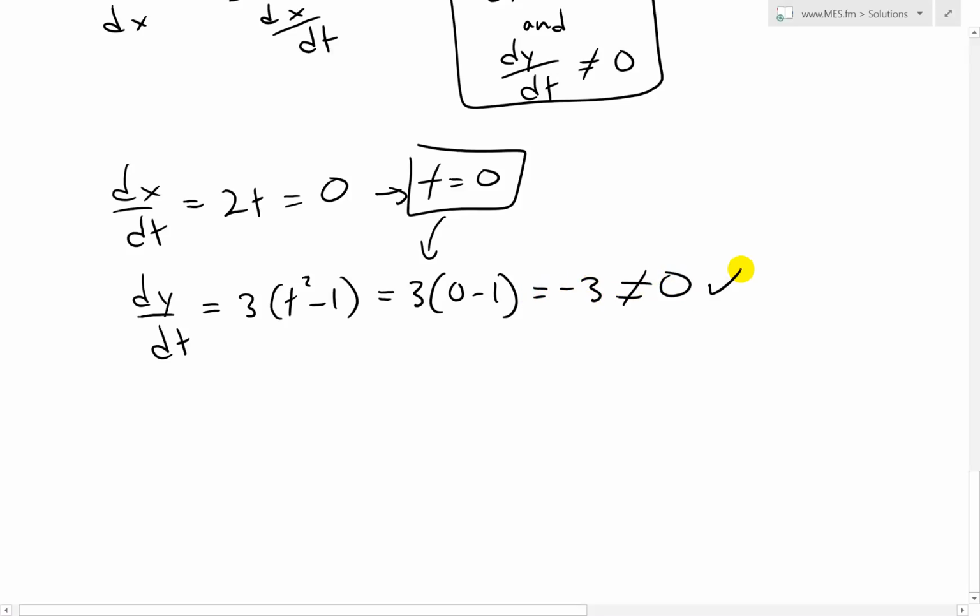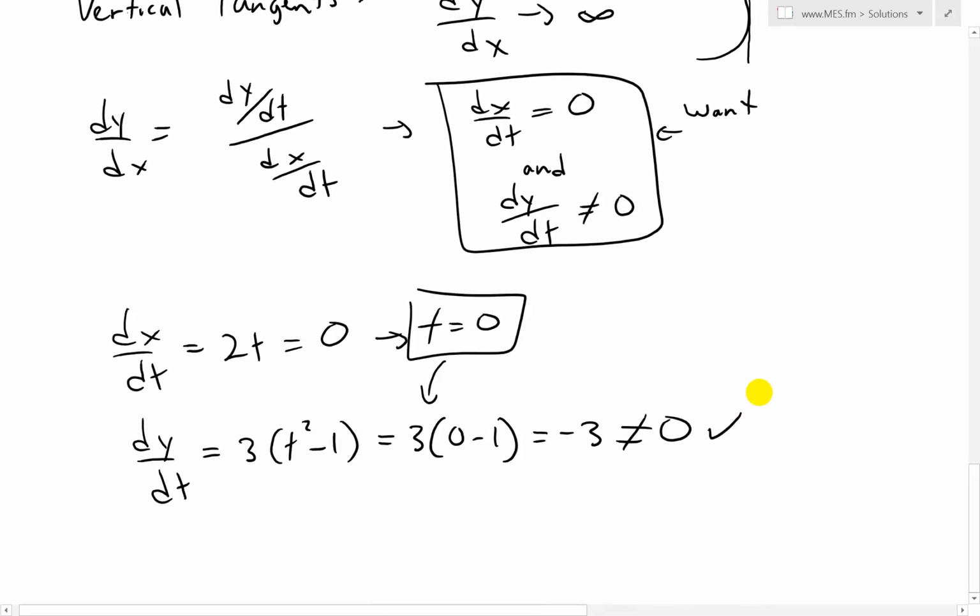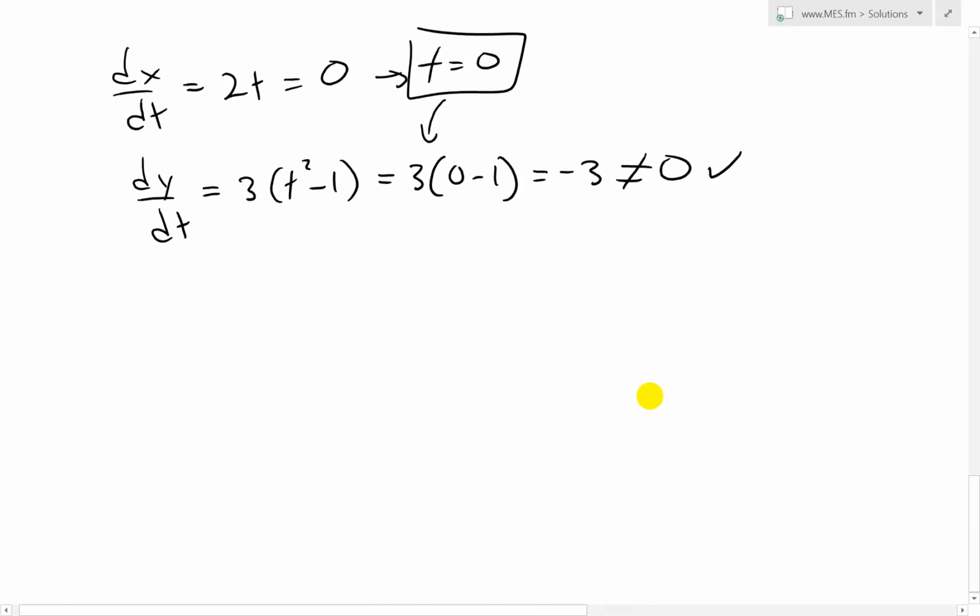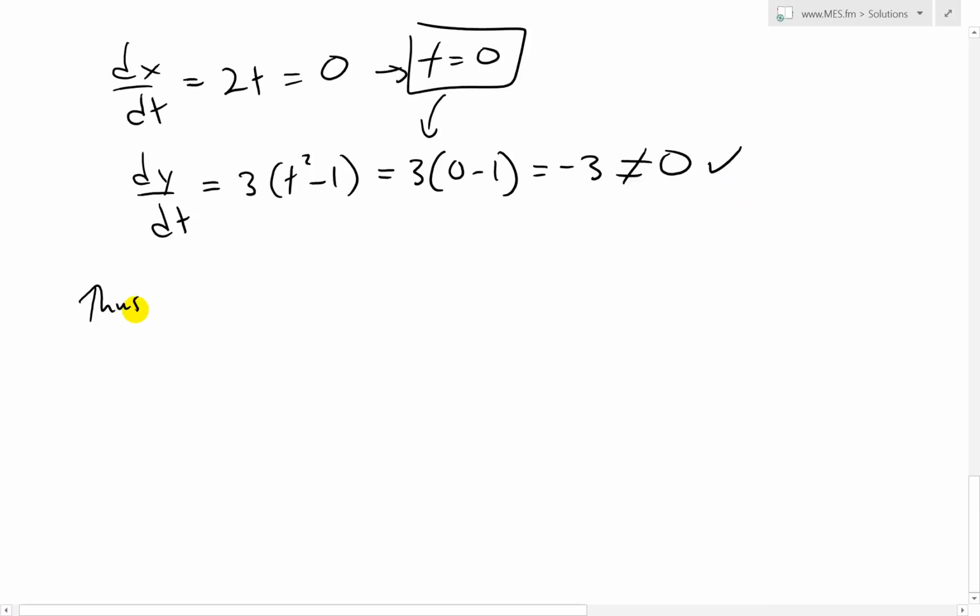So this is a check mark for us, so we just stick with t equals 0. Thus, we have a vertical tangent